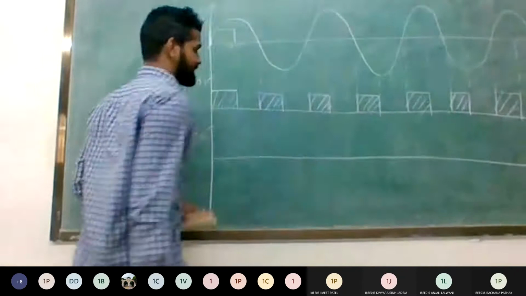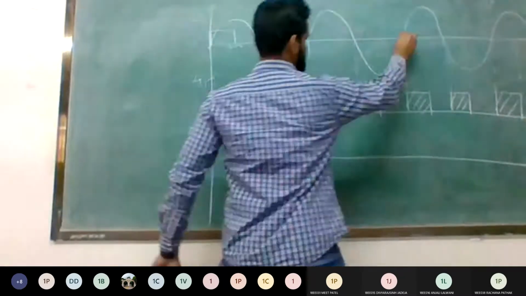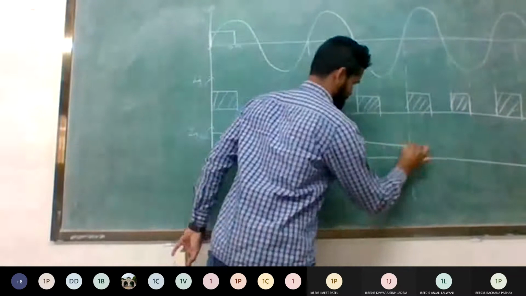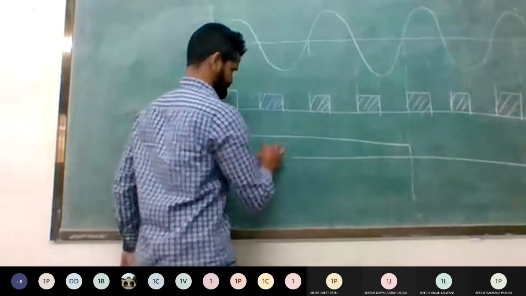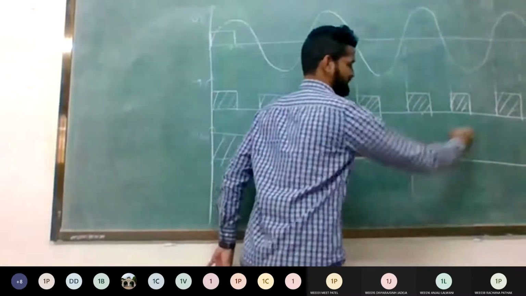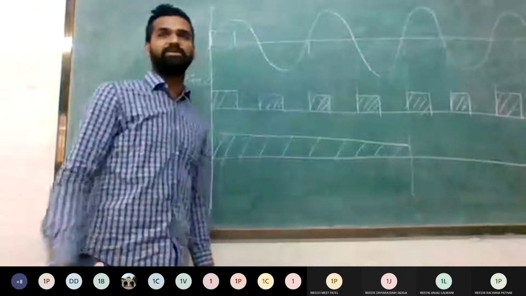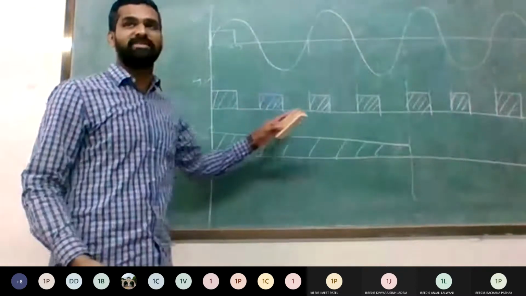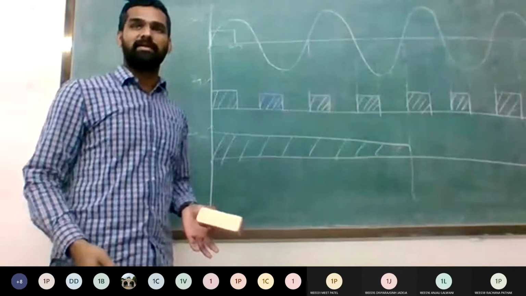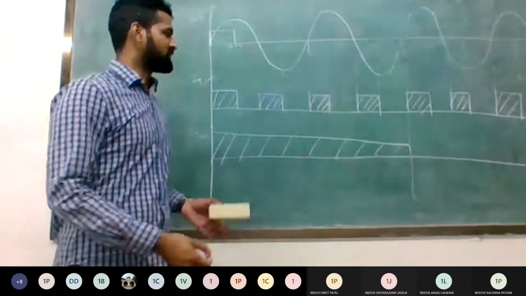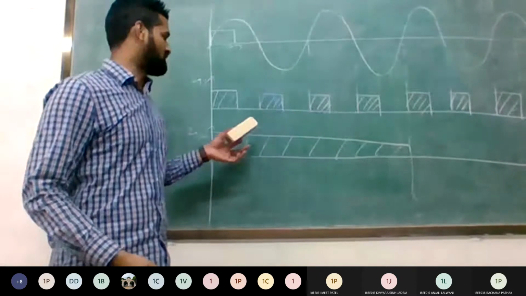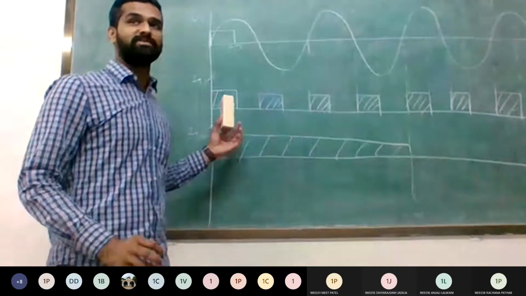Total out of 4 cycles, in the first 2 cycles, they provide the continuous gate pulse like this. And for the remaining 2 cycles, its output is 0. And you can see that both these pulse generator inputs are applied to the AND gate. So it means that this AND gate generates the output 1 only and only when both the inputs are 1.